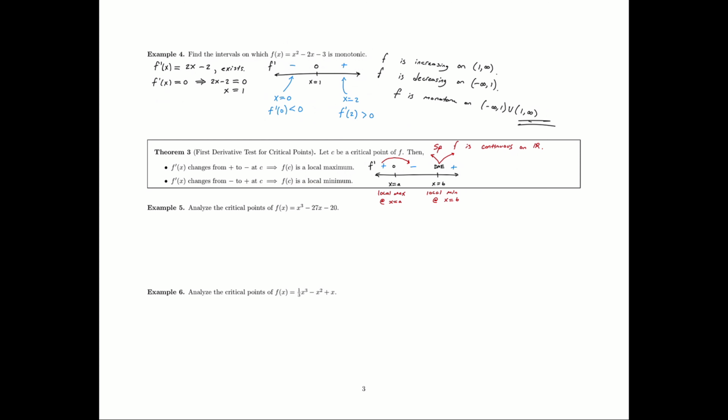So let's take a look at example 5. We want to analyze the critical points. So in other words, when we read analyze the critical points, it essentially means find all the critical points of this function and determine if at those critical points it's a local minimum, local maximum, or neither. Because it is possible to have a critical point, but it doesn't mean you have to be a local min or max. It could just be like x cubed, where the graph flattens out for just a moment and then